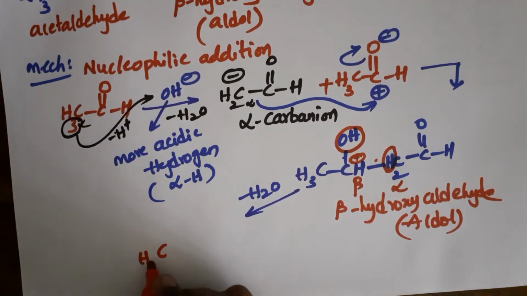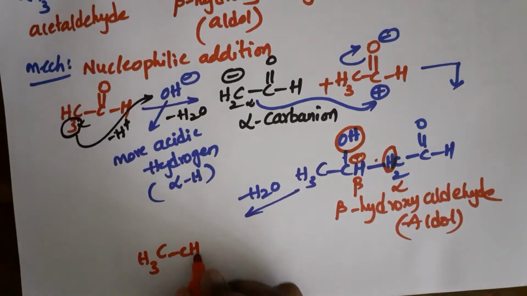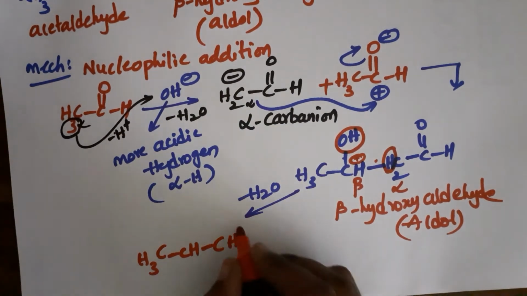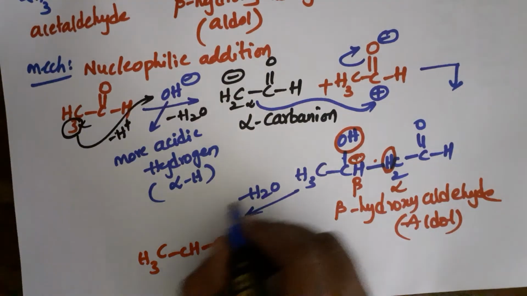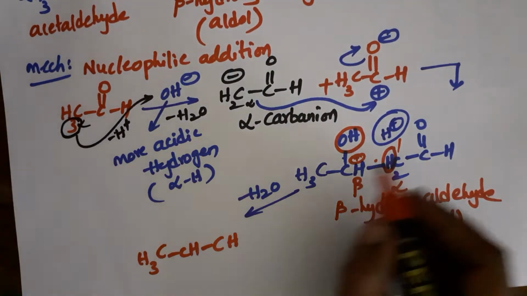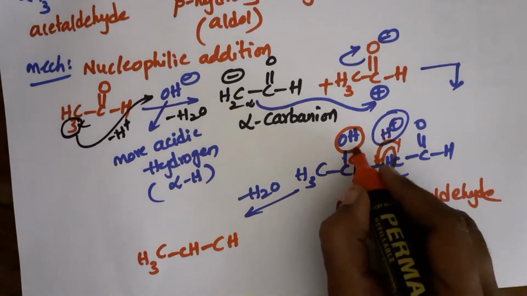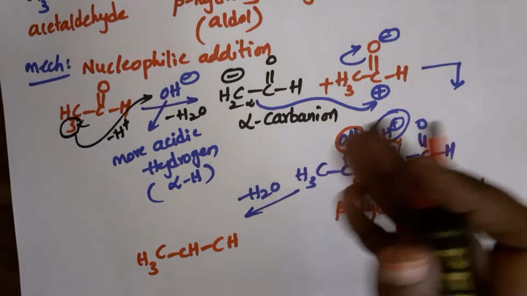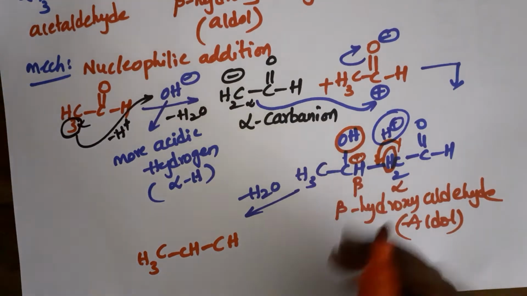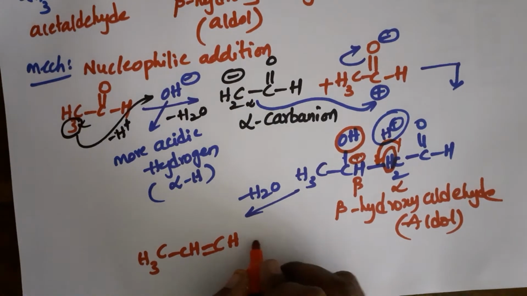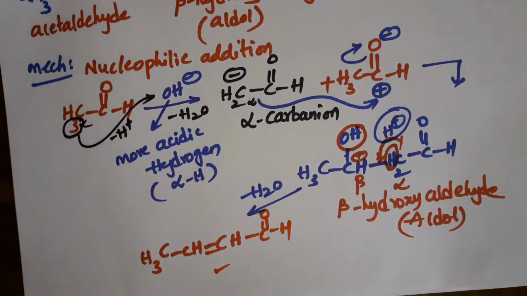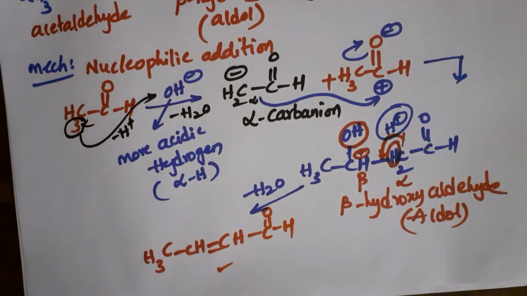Okay, CH3. Here there is no OH group. Hydrogen remains as it is in the beta position, and in the alpha position one hydrogen is removed. Okay, here the hydrogen is removed as H plus, and this bond may shift towards this side, because here OH is removed as OH minus. It takes the carbon bond electrons, leaving the carbon cation. Okay, and here we'll get CH double bond CH, then C double bond OH. So this is our product in the aldol condensation reaction.